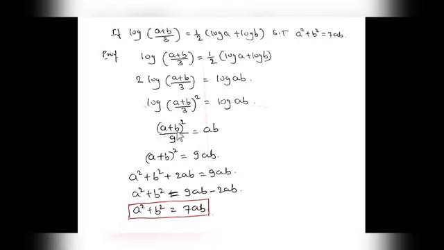If we cancel log on both sides, we'll get (A plus B) whole bracket squared divided by 3 squared, which is 9, is equal to AB. Shift this 9 to this side. (A plus B) whole bracket squared is equal to 9AB. Expand this using the formula for (A plus B) whole bracket squared: A square plus B square plus 2AB is equal to 9AB. A square plus B square is equal to, shift this plus 2AB to this side, it will become minus 2AB. A square plus B square is equal to 9AB minus 2AB, which is 7AB. This is the